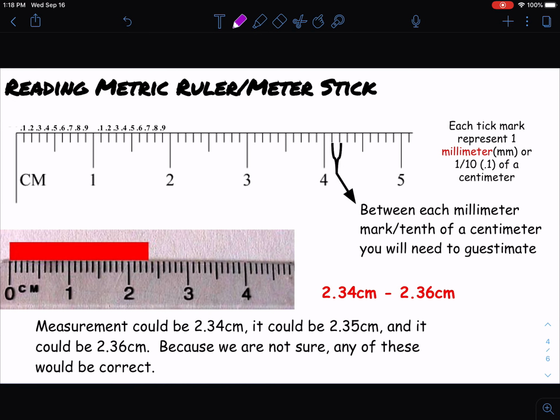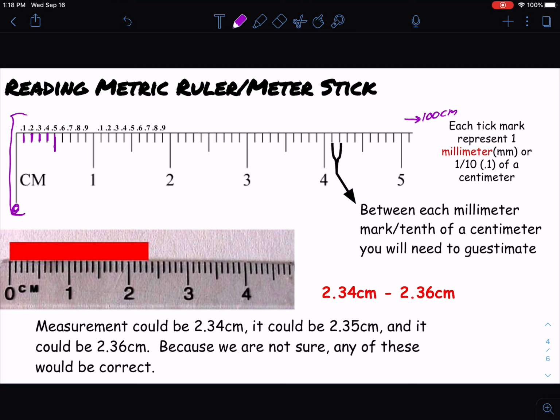Here's the important part about length, is actually being able to read a meter stick. Now, right here is how all the meter sticks are going to look. They're going to go all the way from 0 all the way up to 100 centimeters at the other end. So this is just a very small zoomed in piece. Each one of these little tick marks here,